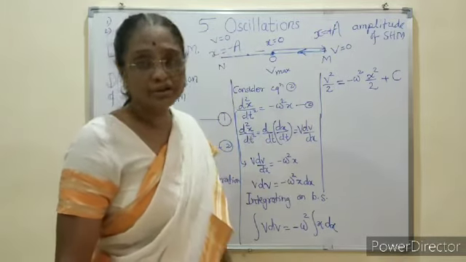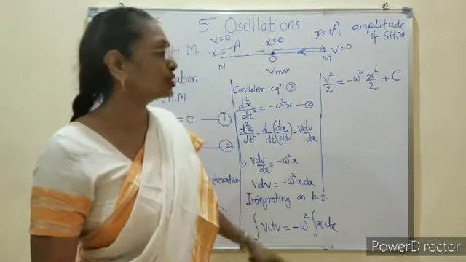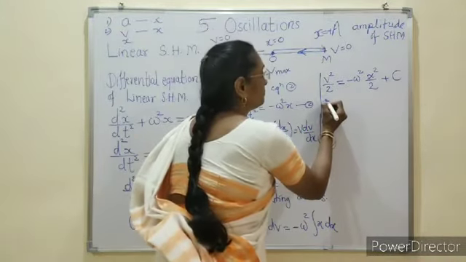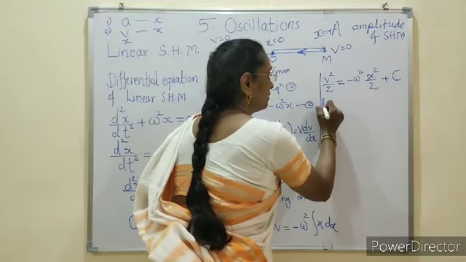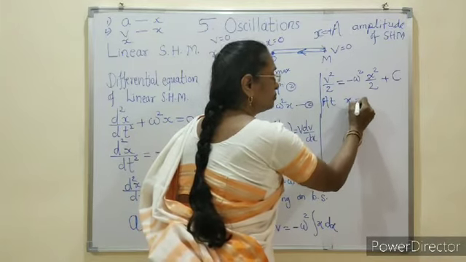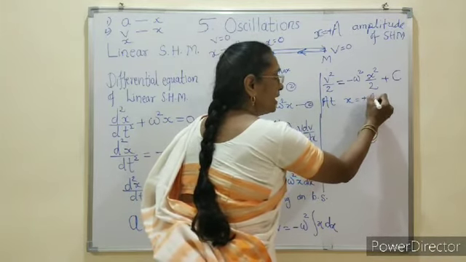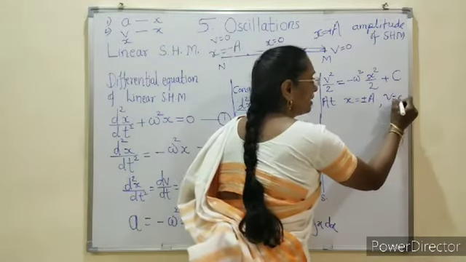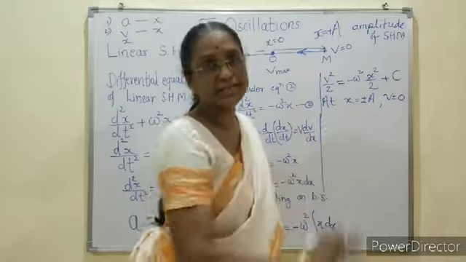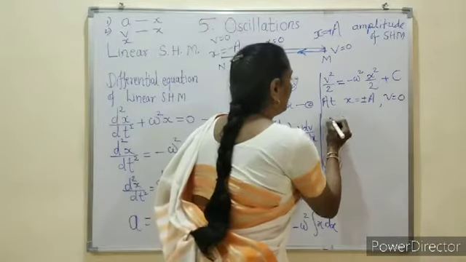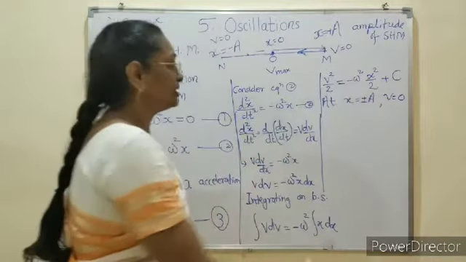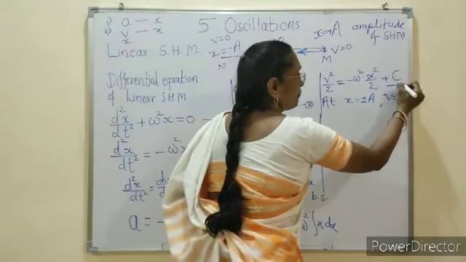So this can be taken for the calculation of constant of integration. So we take here at x is equal to plus a or minus a, velocity is exactly 0. So substituting this value in equation number 4,